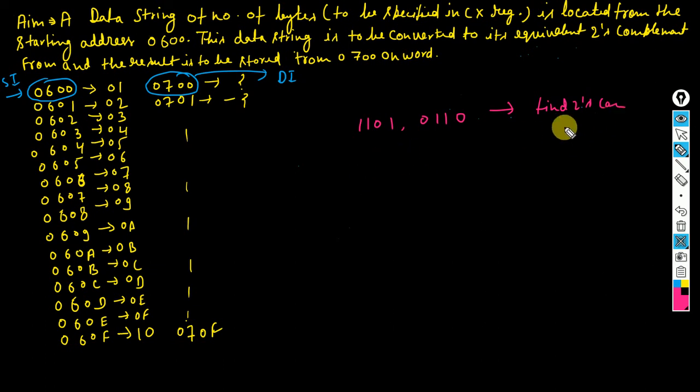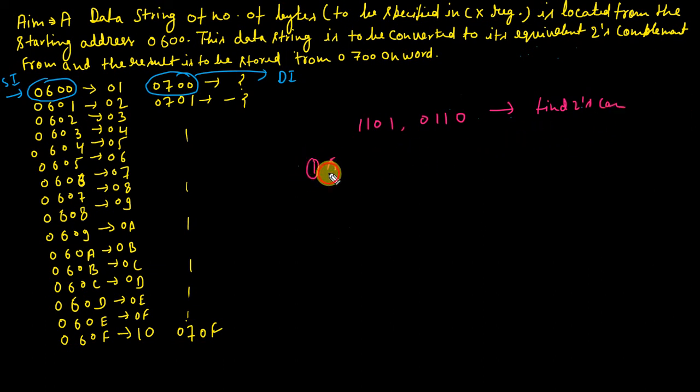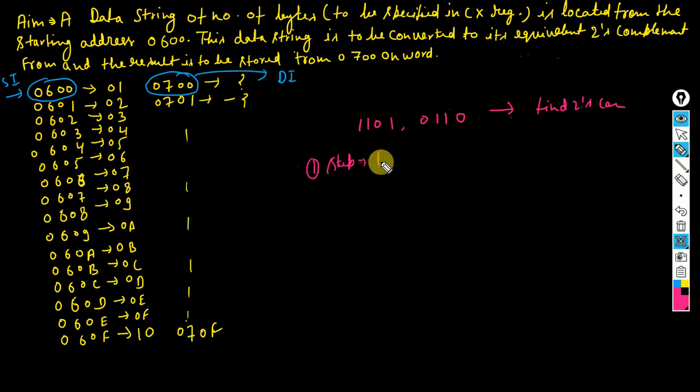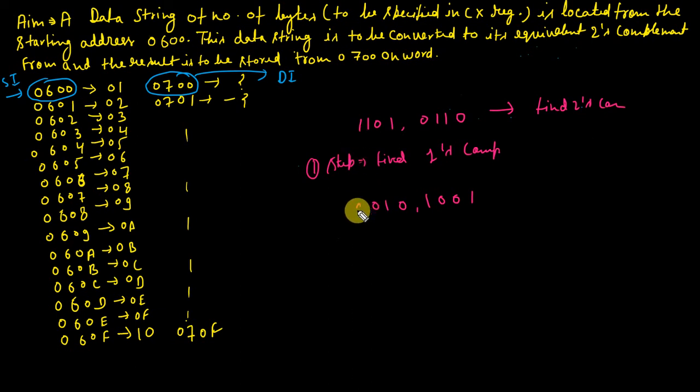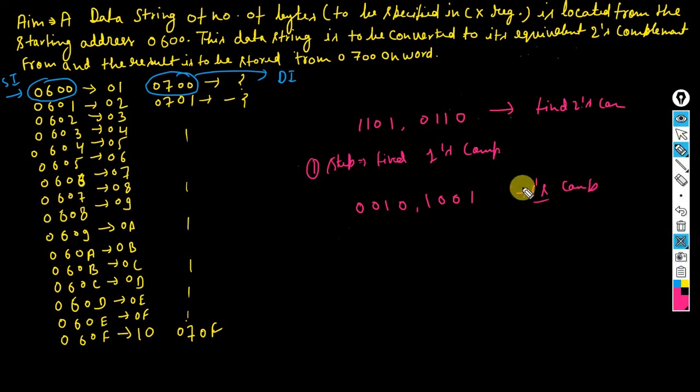What is the procedure? First step, find the one's complement. The one's complement of this number is 0 0 1 0 1 0 0 1, since 1 becomes 0 and 0 becomes 1. This is the one's complement of the number. Next step is to add 1